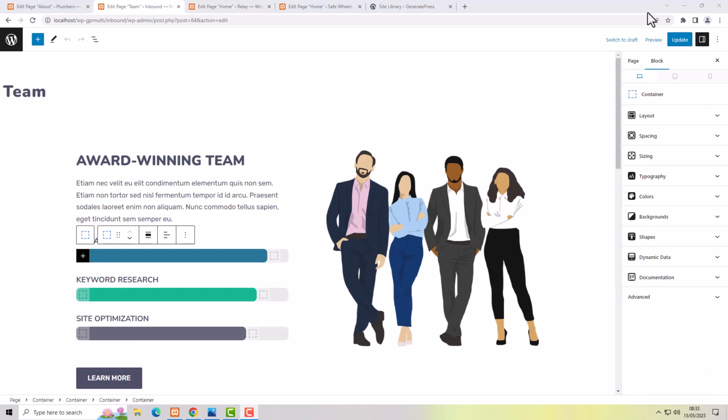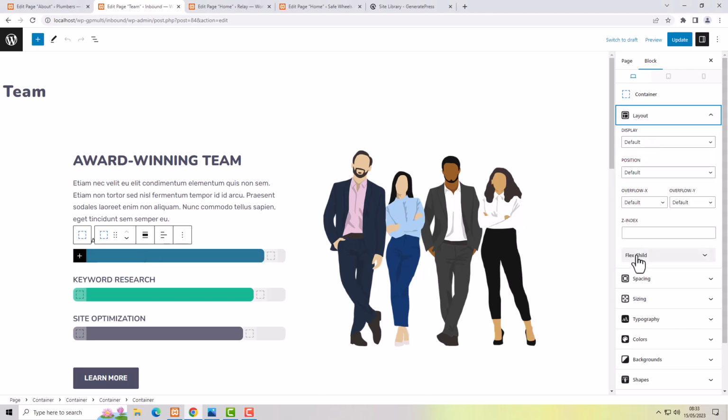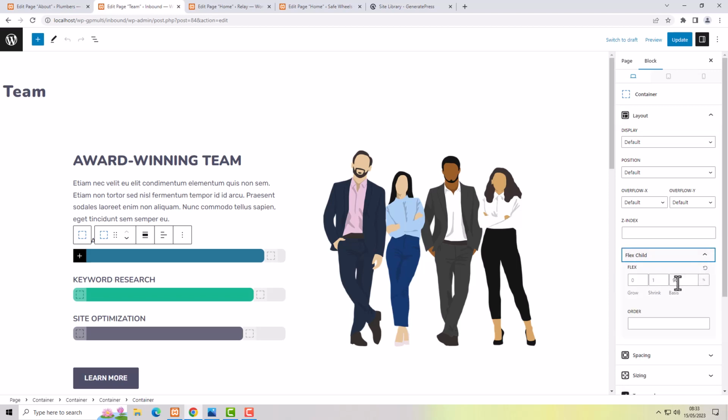Now, the gas gauge on the inbound theme looks the same, but it works in a different way. So we select the container, and then in the layout tab, you want this, it says flex child. So you open that, and here it says basis. So if we change this, it's 90% at the moment. So if we change that to 60,